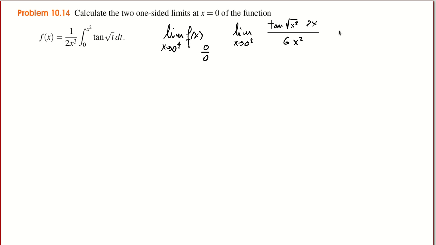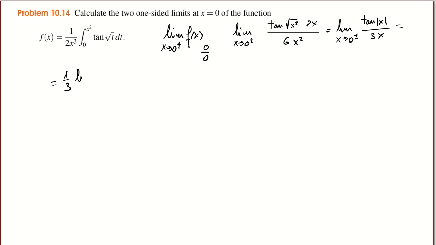We can simplify this expression, and that is equal to the limit when x goes to 0 plus or minus. The square root of x squared is the absolute value of x, right? So we have that, and 2x cancels with the factor 2 and factor x down here, and you have down here 3x. All right, so let's calculate. Well, of course, this is 1/3